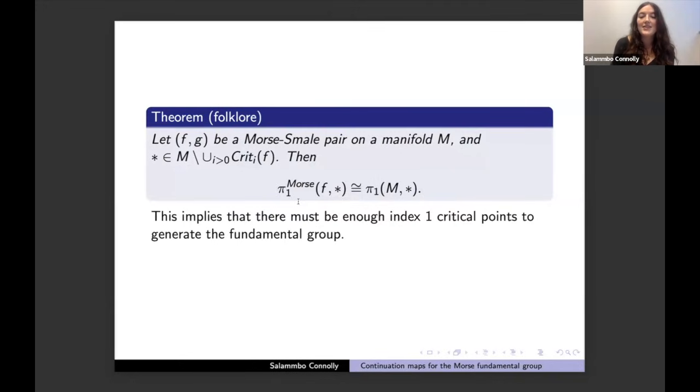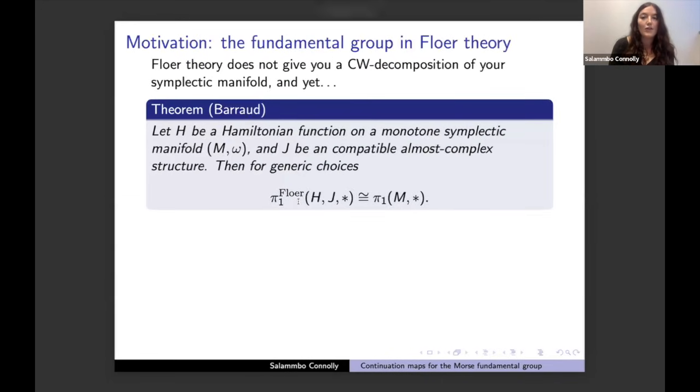There are several ways to see this. One way is that if you have a Morse-Smale pair, you get a CW decomposition of your manifold. If you want to look at the fundamental group, you just need to look at the lowest dimensions, the 0, 1, and 2 skeleta, and you can compute the fundamental group from that. But what's interesting is that in Floer theory,